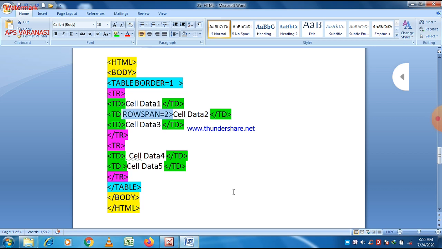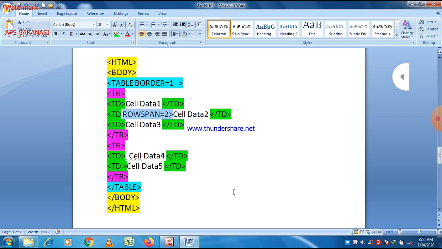So we can see that when we execute this program, there is a table containing two rows. In row 1 the data is cell data 1, cell data 2 and cell data 3. And in row 2 the data is cell data 4 and cell data 5.